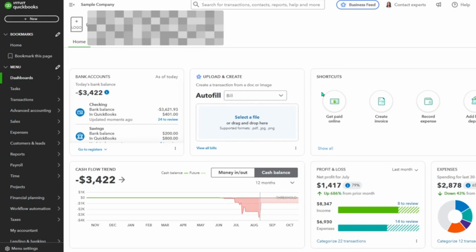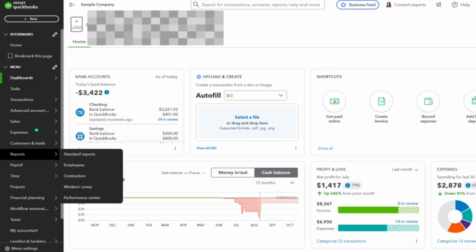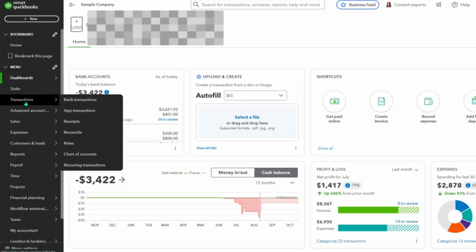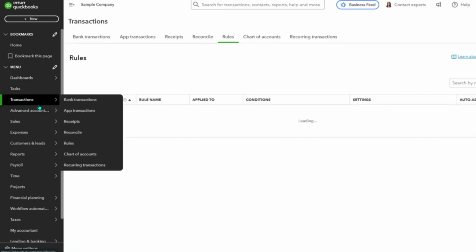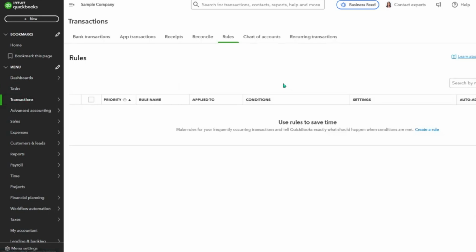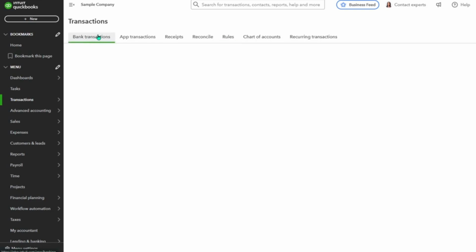We guide you through how to import bank transactions in QuickBooks Online. So the first thing you need to do is to sign into your QuickBooks Online account and go to Transactions. Then select Bank Transactions. Click the Link Account button if your bank isn't connected yet, or choose the bank account